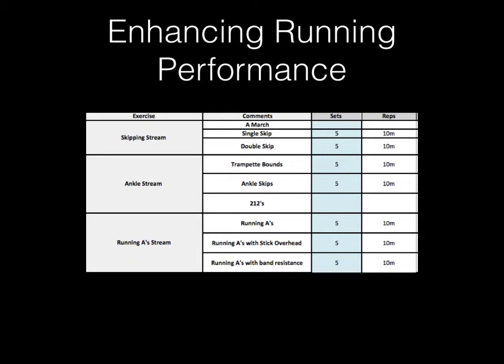So he obviously started with the march, and we spent a lot of time just marching first, and then we went on to skipping and double skipping and bounding, and he never actually was able to achieve 2-1-2s, or he hasn't yet, because it is quite a difficult exercise in terms of coordination. And then running airs with stick overhead, running airs with band resistance, and this was part of his program. What I've done from there is I've